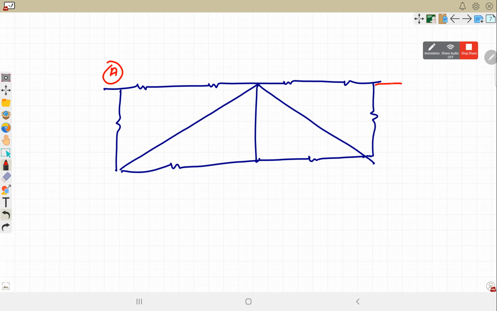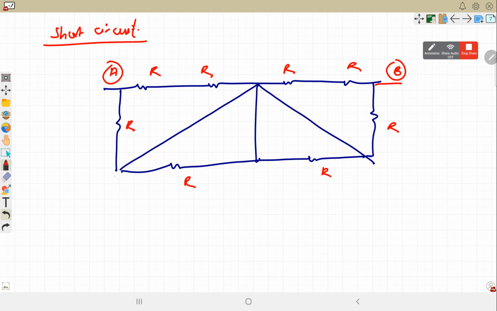This is point A, this is point B और बीच में कुछ wires लगे हुए हैं. R, R, R, R, this is R, this is R, this is R and R. This case is for short circuit. So these point one, this can also be point one and this is also point one. So now when we redraw this circuit,